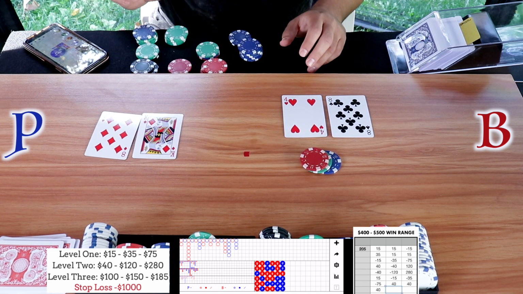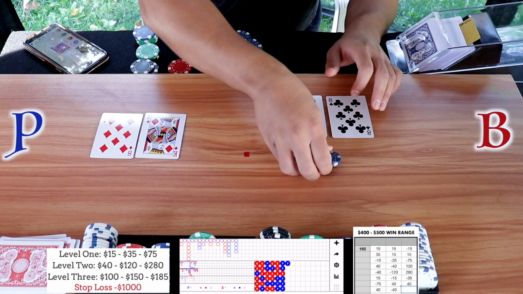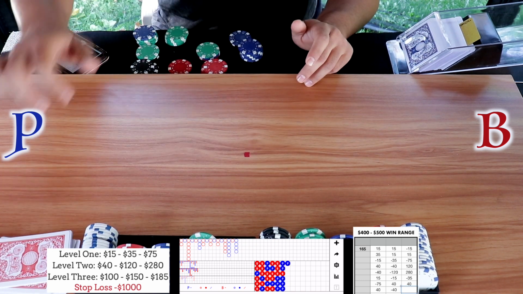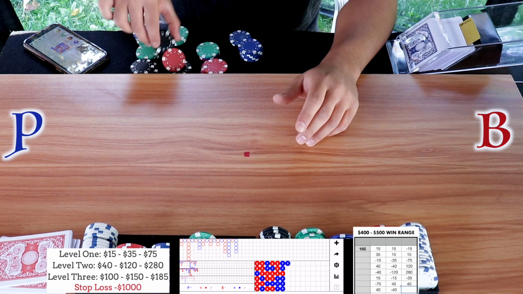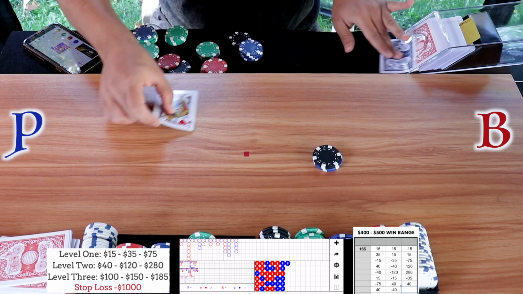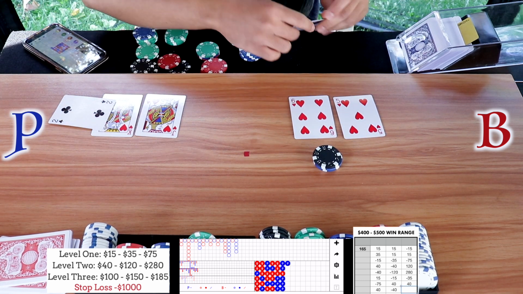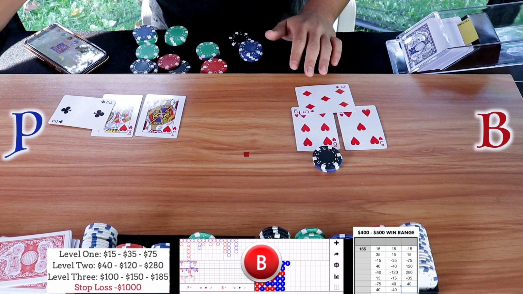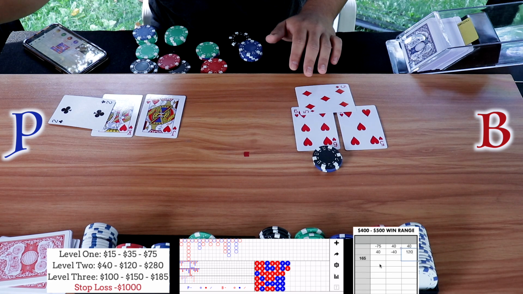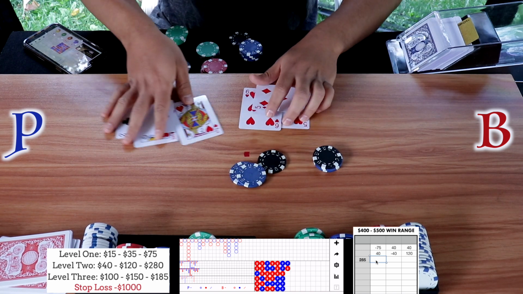Natural 8 on the player, so we lose the 40. Okay, so we lose. Let's bump it up to $120. All right, so let's go ahead and put that on bank. Okay. All right, so banker does win. So that's 120 for us. Let me move this down for you guys. Okay. 120, and we have hit the